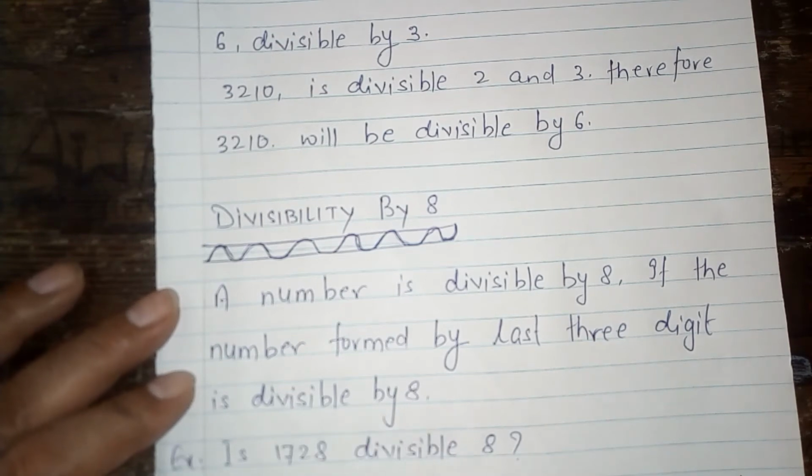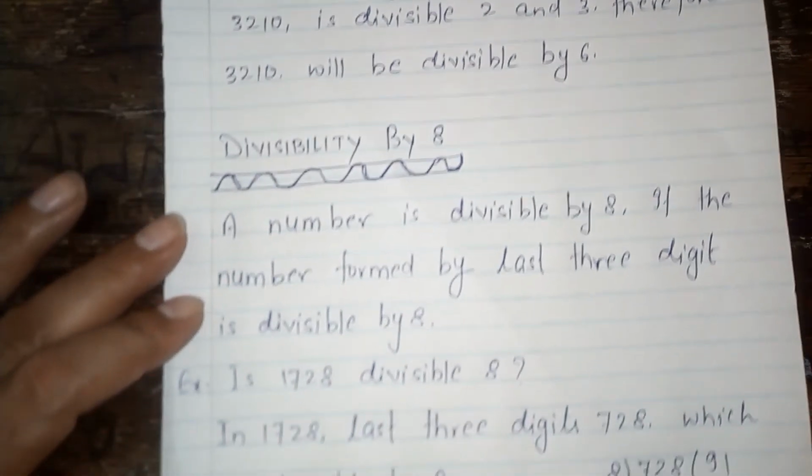The meaning is if the last 3 digits of any number are divisible by 8, then the given number will be divisible by 8. Now let us discuss an example. You have one question: